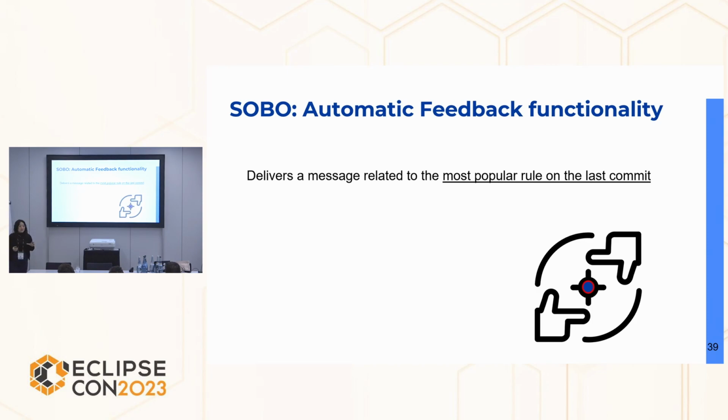So what we do is that we provide feedback about a rule violation, but just the most popular one on the rule. Why? Because, as I mentioned, we only want to nudge them into changing their behavior. We don't want them to actually submit the tasks with no code violations. That would be our dream, but as long as they work on one, we are OK with it. So that's why we say, OK, we are just going to analyze the whole report from the static analysis tool, and we are just going to pick the one that is more popular.